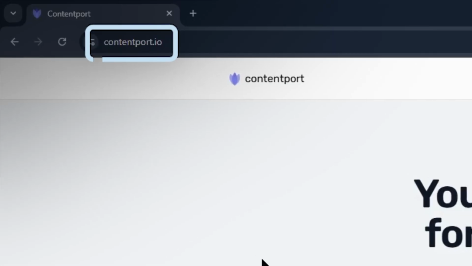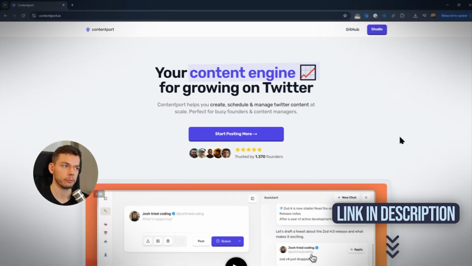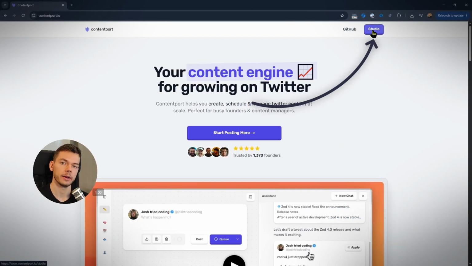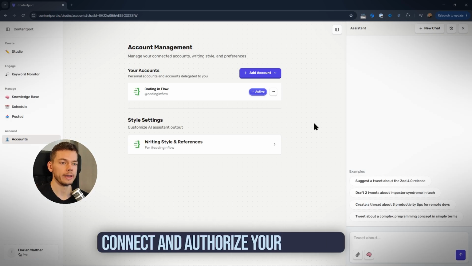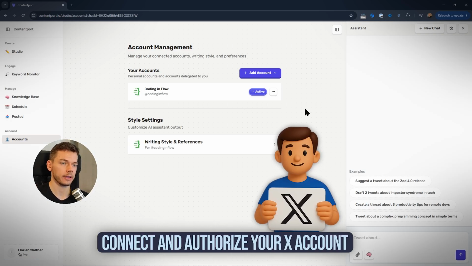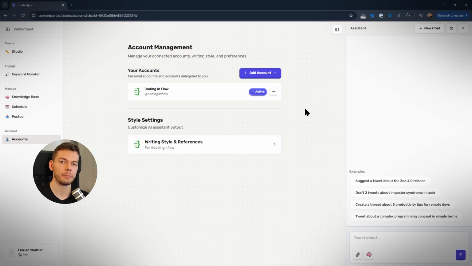You can find the tool under ContentPort.io, the link is in the video description, and it's free to use. Just go ahead and create an account. Then you have to connect and authorize your X account so that the app can read and post tweets on